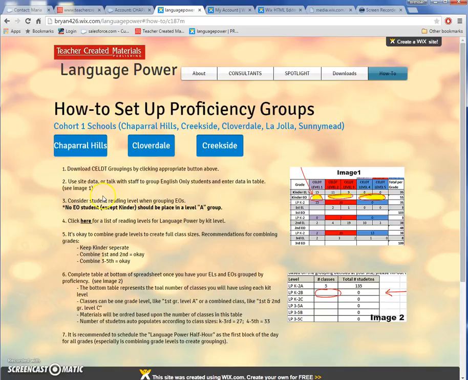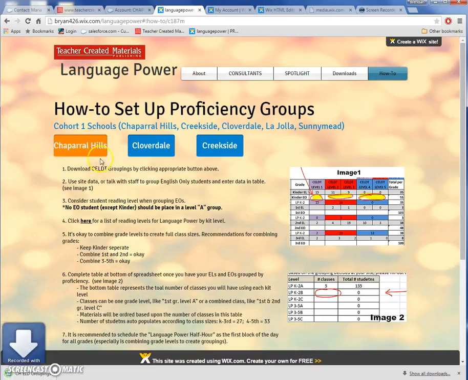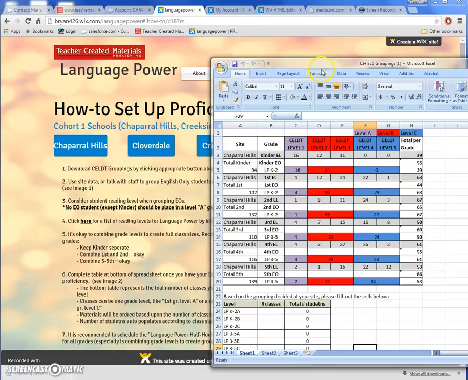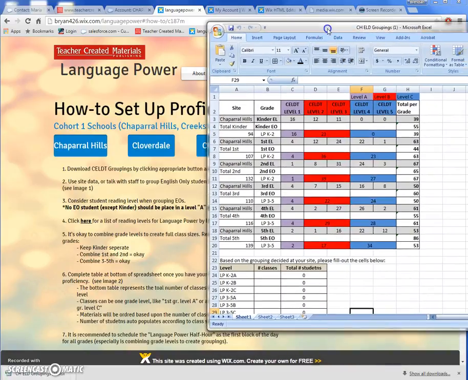And then we're going to ask you to group up your English-only students as well using site-level data that you might have on your kids. So let's just say we click here for Chaparral Hills. It downloads. Go ahead and open that up. When it opens up, you'll notice that you have